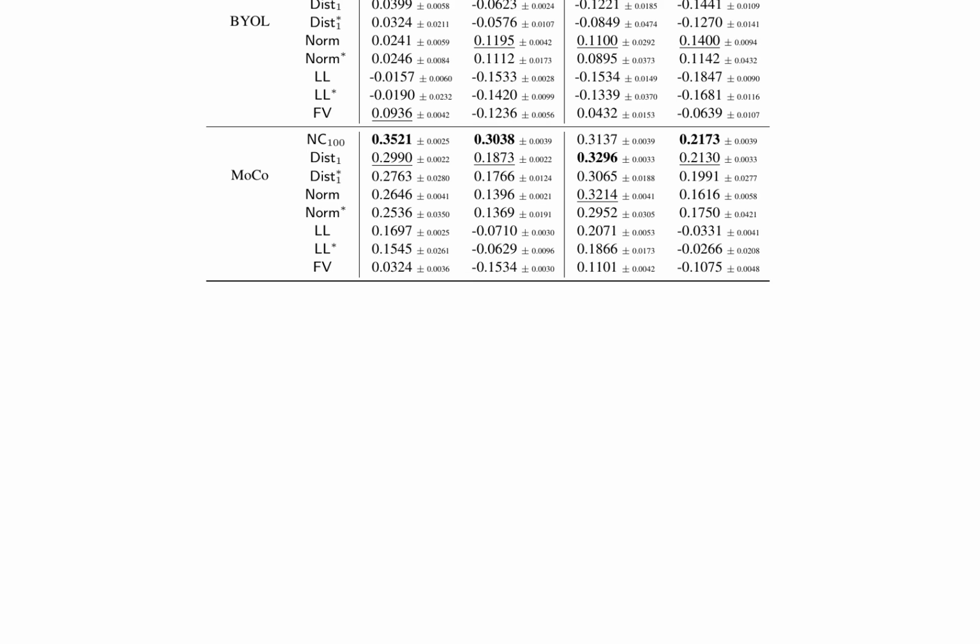FV variants of the baseline methods also show negative correlations, although they are less pronounced than those observed in the LL and LL variants. This analysis provides insights into the effectiveness of different pre-training algorithms in maintaining neighborhood consistency, which is crucial for understanding their performance on in-distribution downstream tasks. The findings highlight MoCo as the most effective algorithm in terms of neighborhood consistency, followed by SimCLR and BYOL. The norm, LL, LL, and FV variants demonstrate weaker or negative correlations, indicating potential limitations in their pre-training processes.